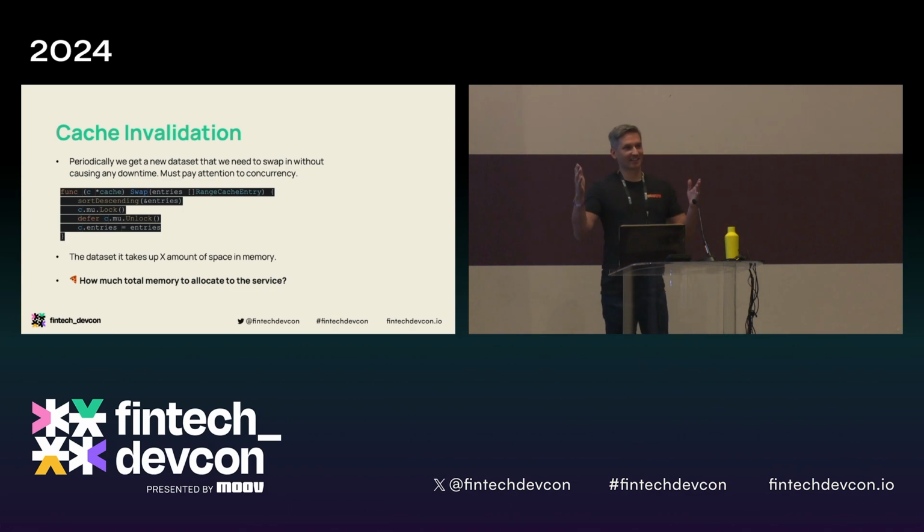Let's run this thought experiment. Let's say that we want this cache up and running for exactly 24 hours, and let's say that the cache swap operation, or invalidating and putting new data into the cache, takes exactly 1 second. So when you say that we should allocate X amount of memory to the service, you are actually right for 23 hours, 59 minutes and 59 seconds of the day. But for the 1 second when you're actually trying to update the cache,